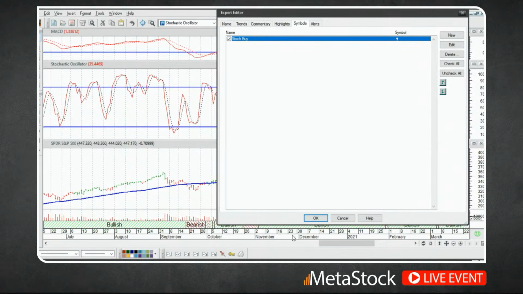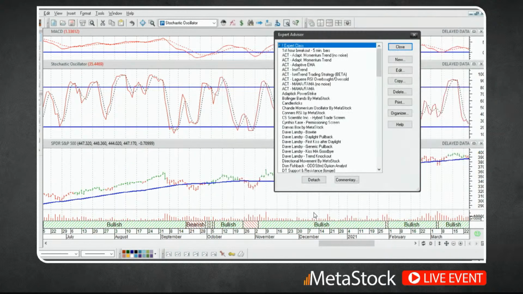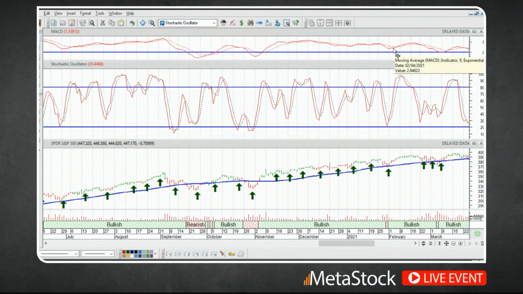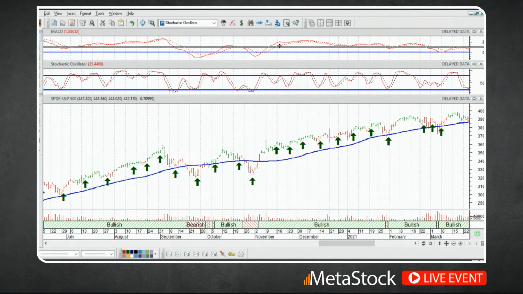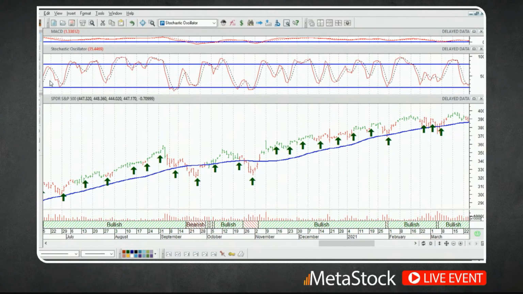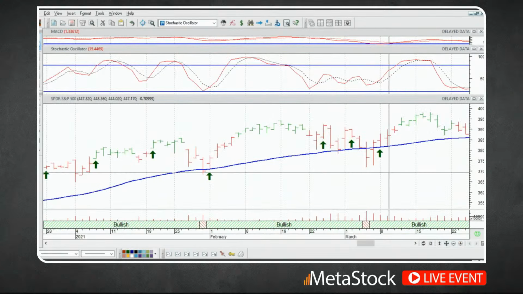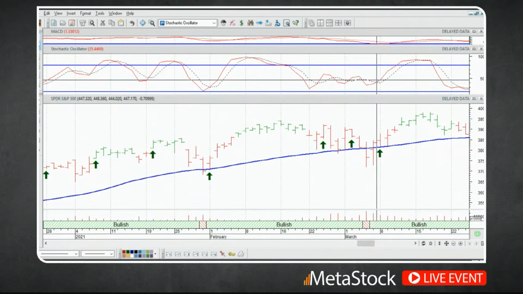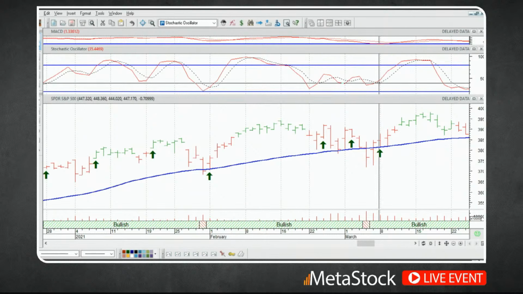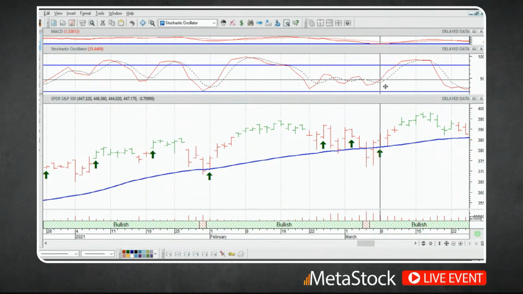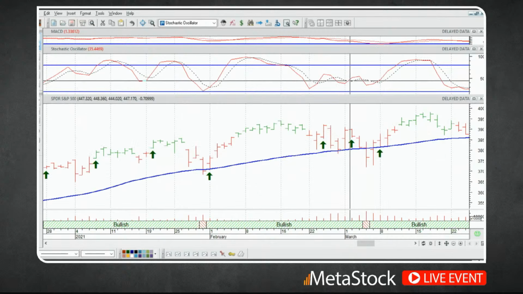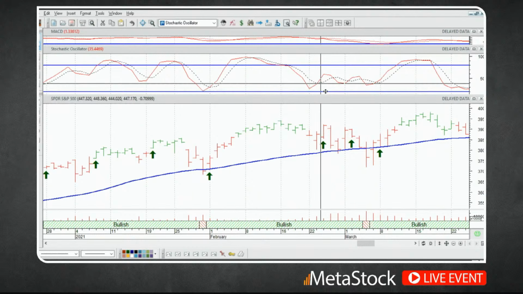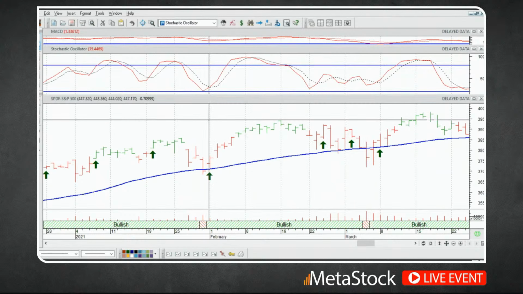Let's take a quick look and see what happens here. We'll click on OK and click on Close. And you'll see that we've got quite a few arrows here on our chart. What we want to do at this point is make sure that these are giving us an actual arrow where these two lines are crossing. So right here where that solid line is going above the dotted line, you'll see I've got that green arrow. You'll see I've got one right there. You'll see I've got one right there. So that's perfect. It looks like it's lining up really well.